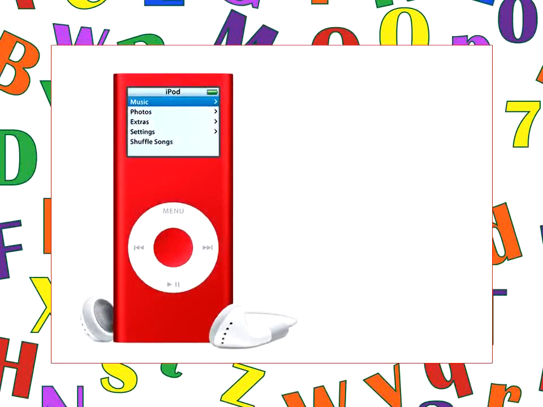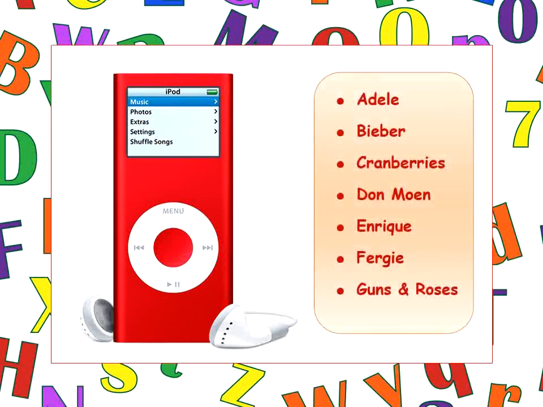An interesting place where we use the alphabetical order is the song list on our phones or iPods. The names of songs or artists are often arranged in the alphabetical order. You can see in this list given here how it is arranged in alphabetical order.